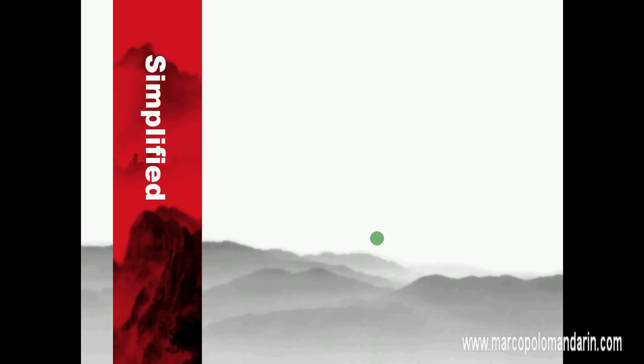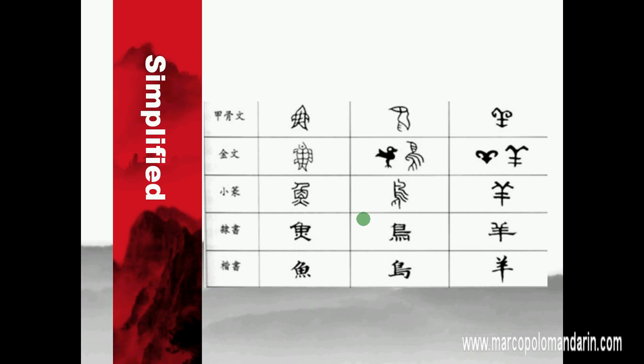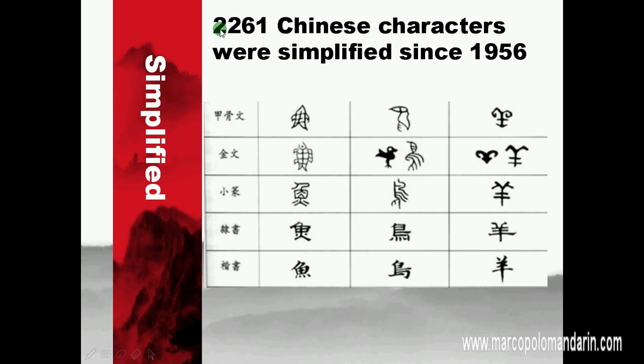Currently in the mainland of China, we are using the simplified characters. But in some parts of China, like Hong Kong or Taiwan, or in some Southeast Asian countries, they still use the traditional characters. Actually, 2,261 Chinese characters were simplified since